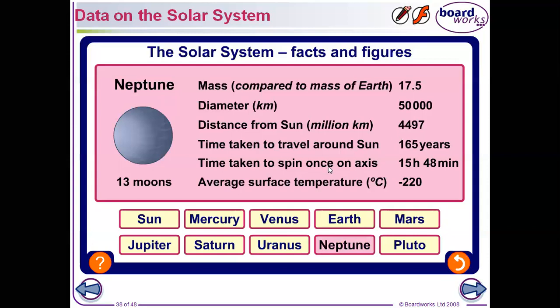It has a diameter of 50,000 kilometers, and it's 4,497 kilometers from the sun. It takes about 165 years to travel around the sun, and to spin around its axis, it takes 15 hours 48 minutes. Okay, for today's lesson, we are going to stop here